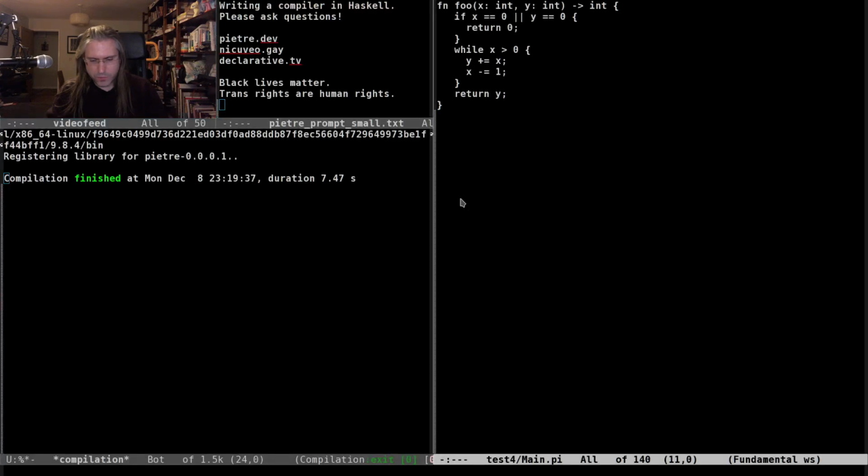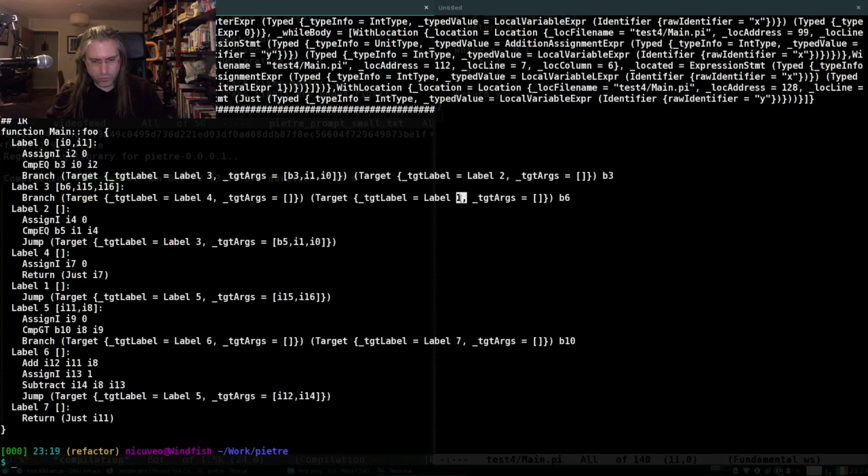And if it's true, no, sorry, it's true, it's label 4, 1 is false. So 4 would be, if it's true, we assign 0 to a register I7, and we return from the function with I7, okay? Otherwise, we jump to label 1, which is immediately a jump